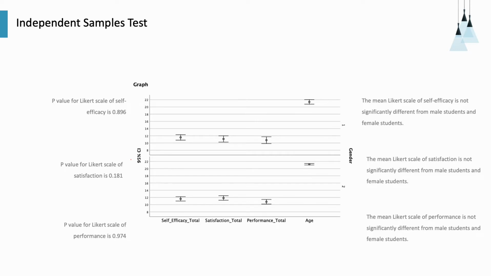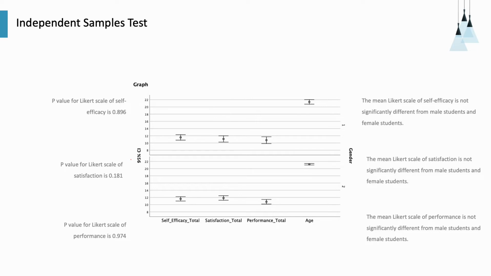Since the above p-values are all greater than 0.05, for example, 0.896 is greater than 0.05, 0.181 is greater than 0.05, 0.974 is greater than 0.05,